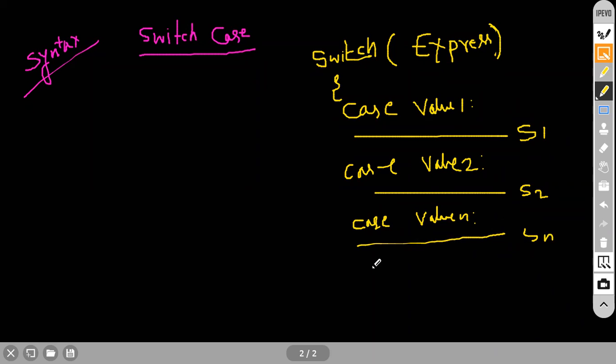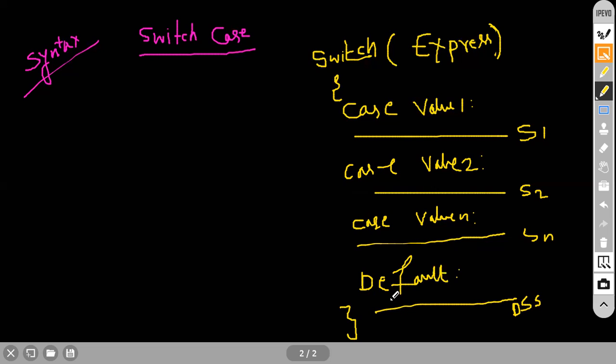One more important thing you need to understand here. There are n number of cases. You can ask me, sir, where will it end? We are writing case 1, 2, 3, 4, 5, 6, 7 up to infinity, but we have to end the syntax. How to end the syntax? Very easy. Finally, we have a default statement. Provide the default statement, DS. Then complete the code. The switch body is now closed. This is how your syntax works.